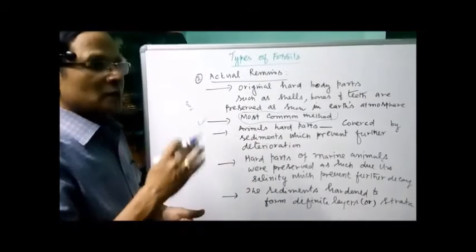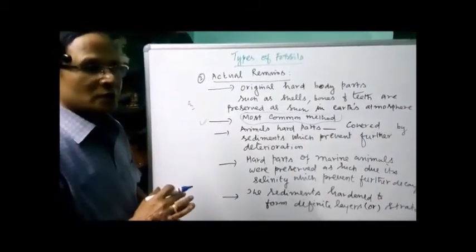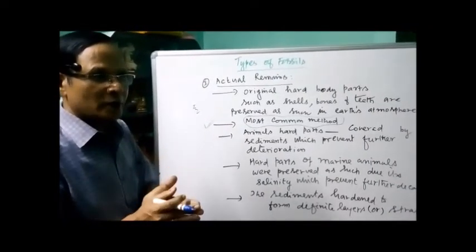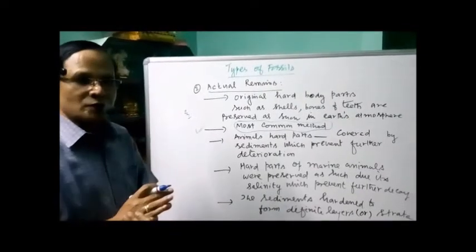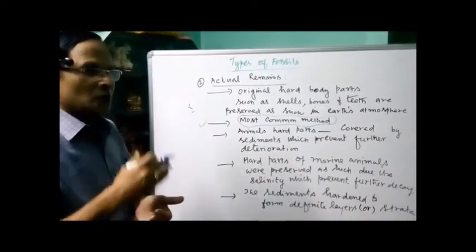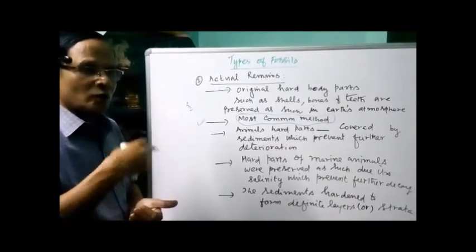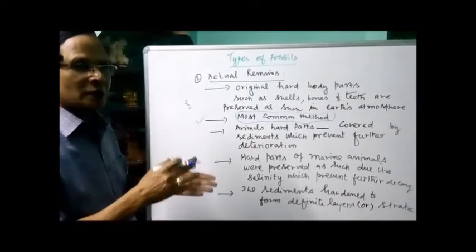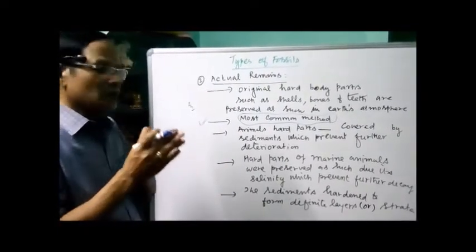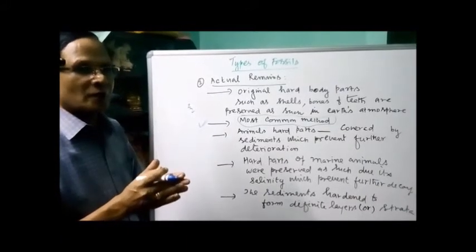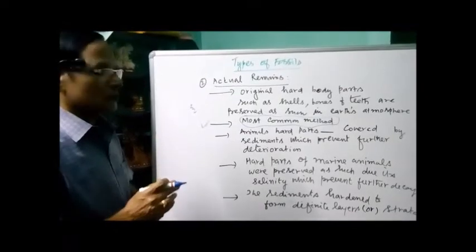Now, the sedimentary rocks covering the fossils hardened them into stone-like structures. This is what is called fossilization in marine water. More and more layers of sedimentary rocks were added over the hard parts, either the teeth or the shell, so that we got definite layers or strata of sedimentary rocks. Now we have some examples for this also.